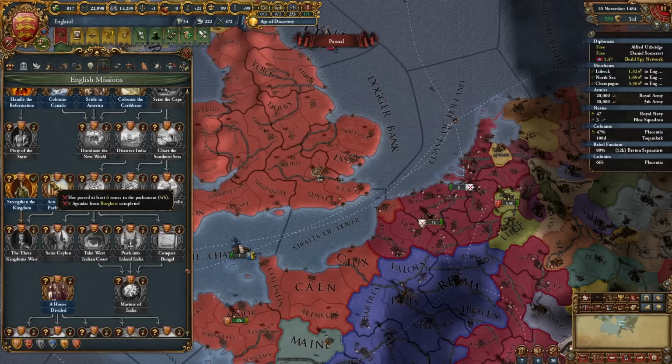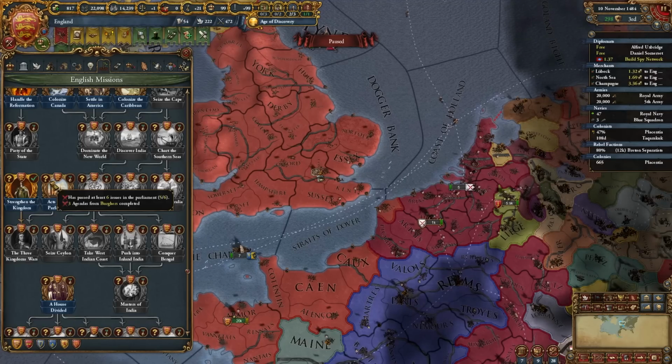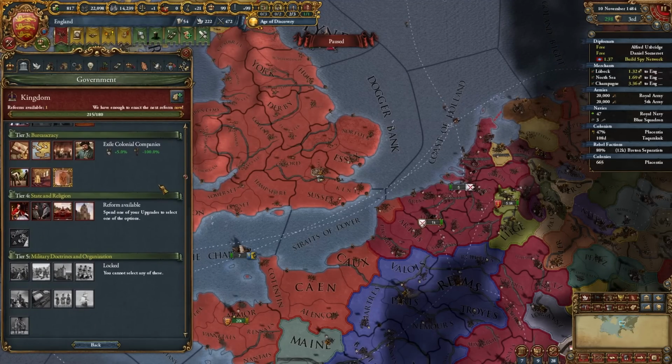So I need 3 burgers agendas, and I haven't done that. I don't have that. So I need to work on that. And then I need 1 more parliament issue to pass. That doesn't seem very hard. My tier 4, I'm going to select...